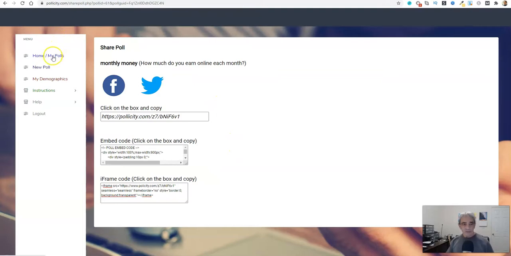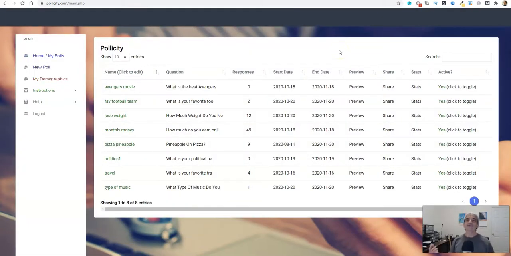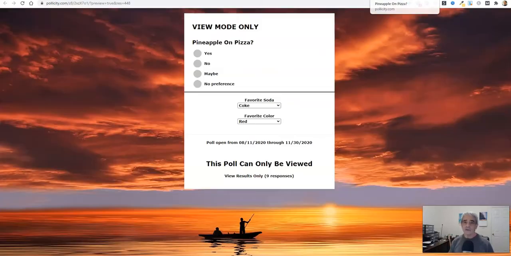Okay, I think I talked a lot here. I see I'm running about 10 minutes now. So I hope you get the idea. The point here is post this on social media, put it on your website, you've got the options here with the share features, what you want to do. You can set up the polls. You can put them where you want. People love to answer questions and give their opinion. So they come here, they answer your question, and then boom, you hit them with whatever you want. In other words, you hit them with,